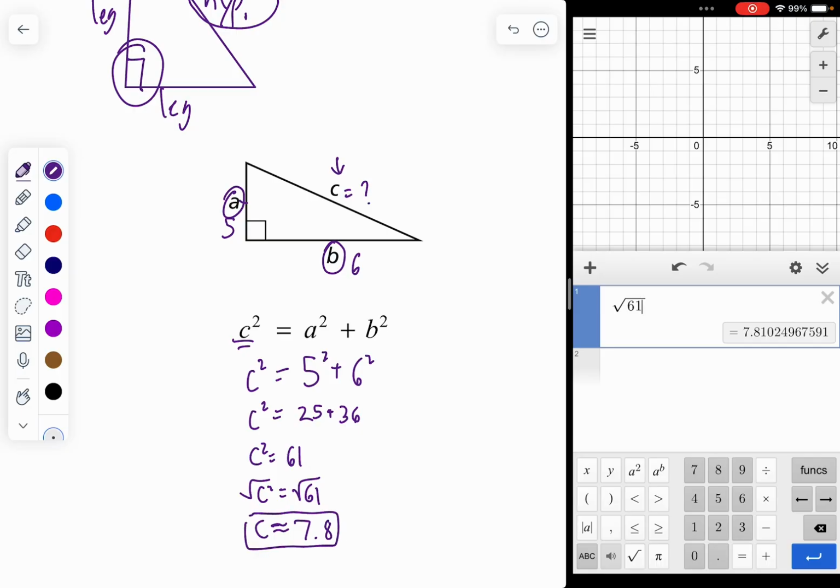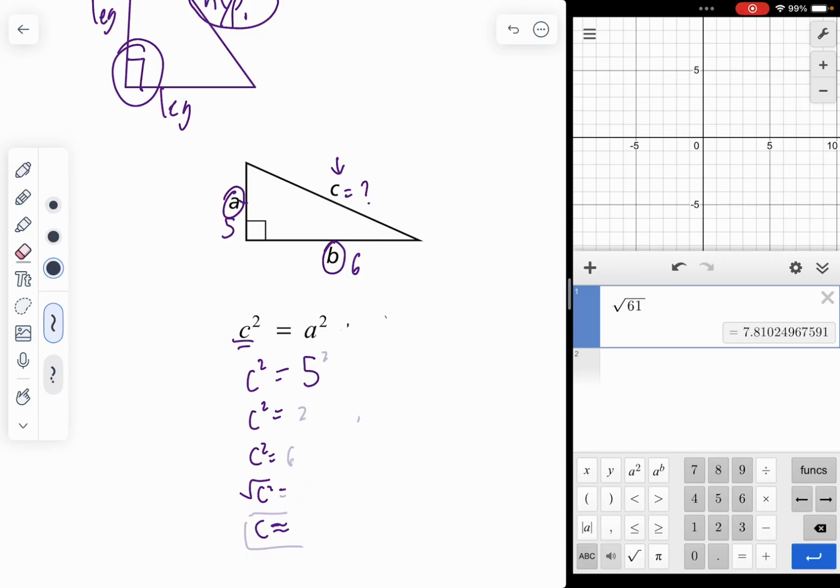Now, most of our answers we would need to round to the nearest tenth or nearest hundredth, depending on what the question is. I'm going to do another example real quick. I'll do another example later on. So that